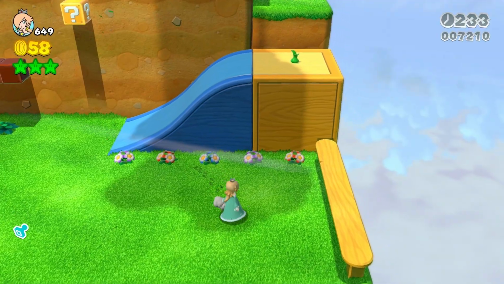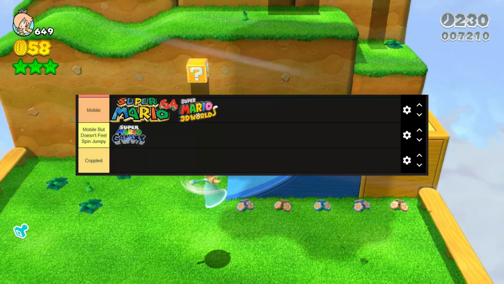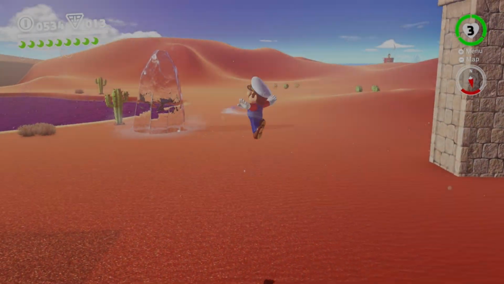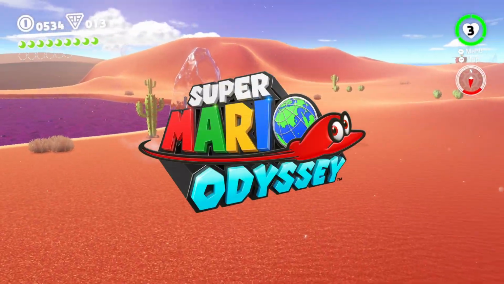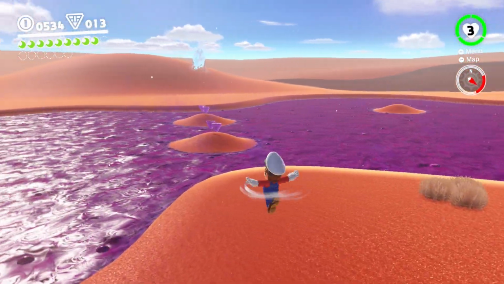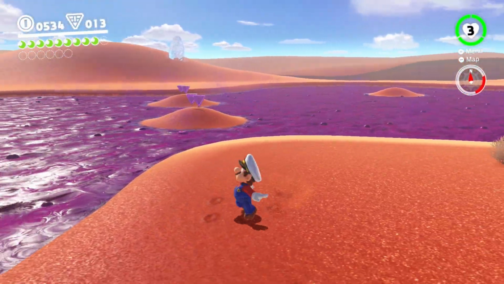So clearly we have now found our second entry into the mobile section in our list. And for our final and most recent game, we have Mario Odyssey, which has the normal spin jump and 2 edge cases for a spin jump. So first, if you direct your attention to the normal spin jump that has been playing in the